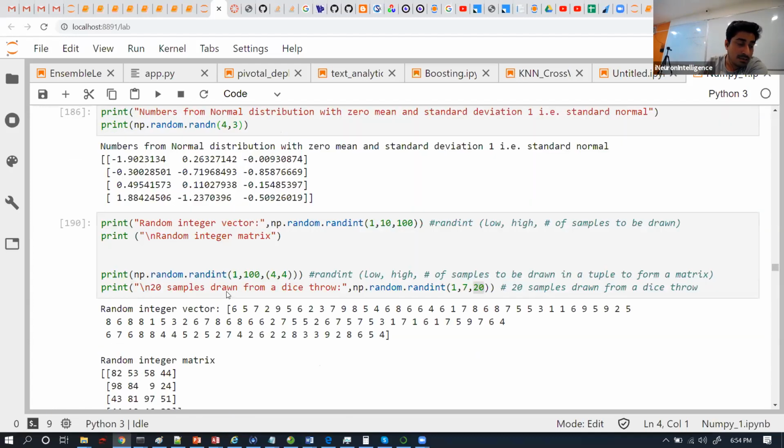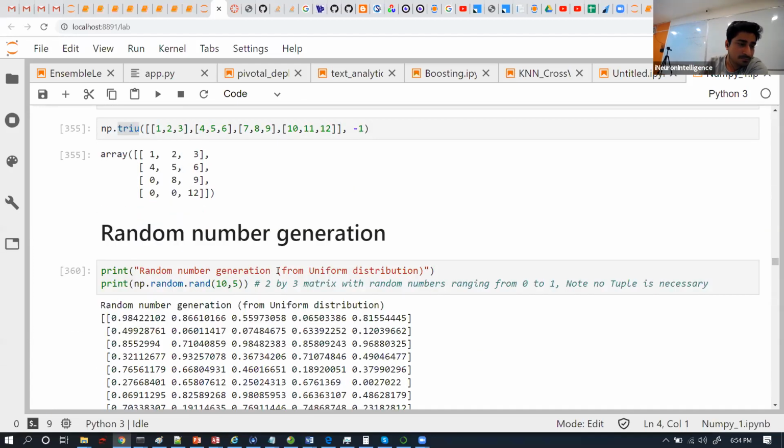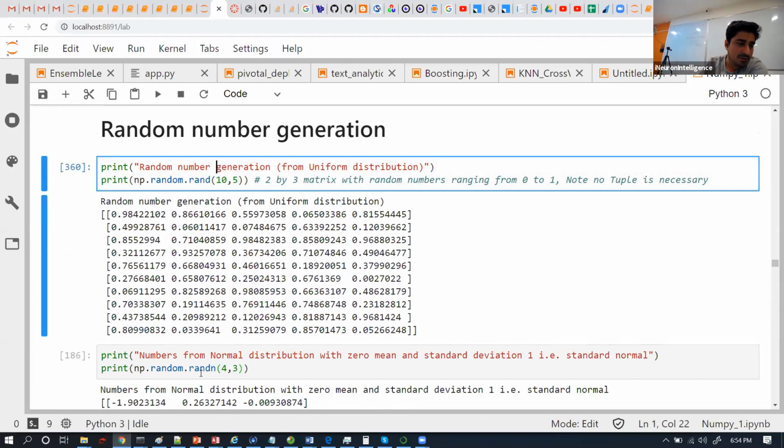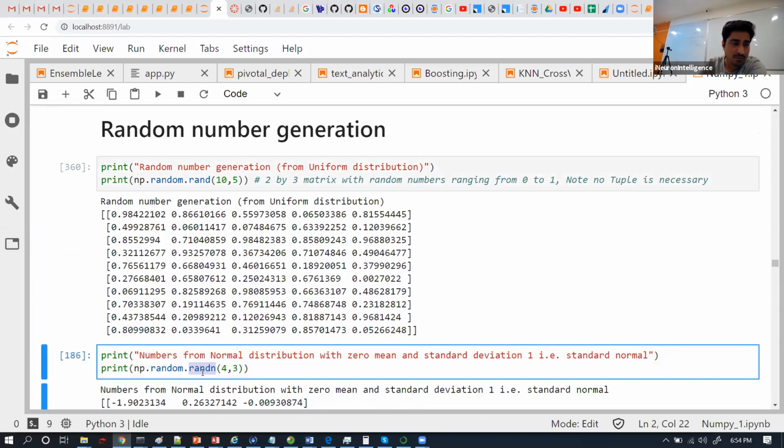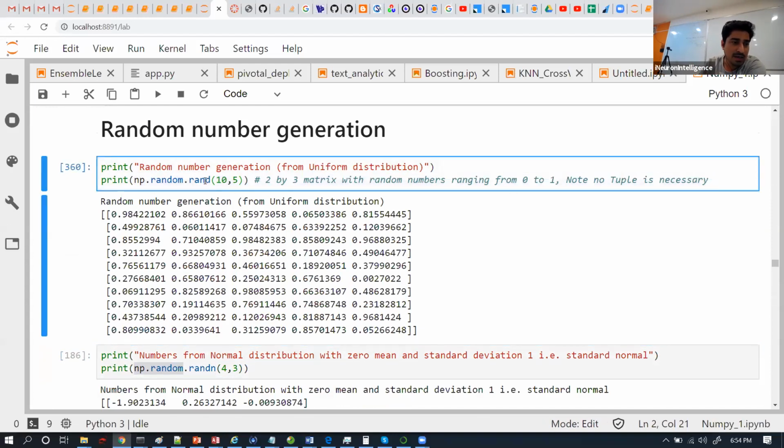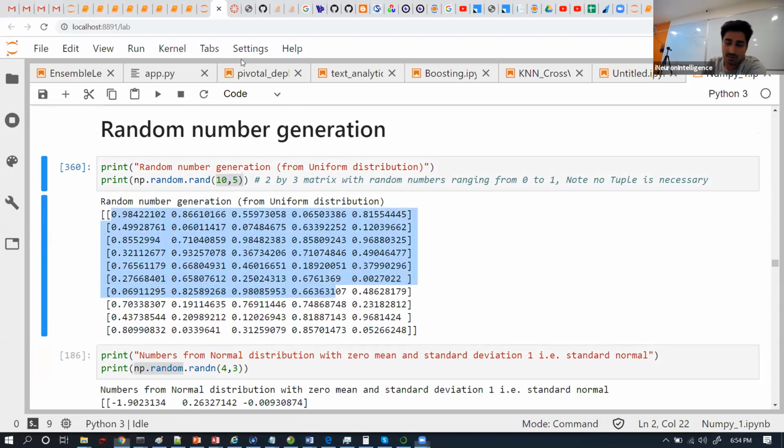So in that case, if I'm using rand over here, or if I'm using randn, that's the only difference that you will be able to find. Both are part of np.random. Now, in the case of np.rand, you will get a uniform distribution. Uniform distribution means, when you get into a stats class,